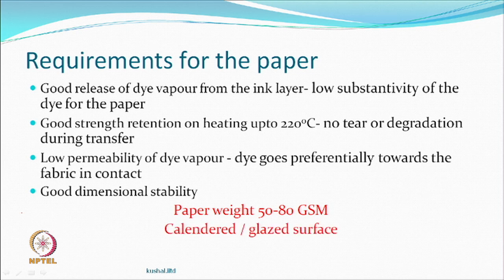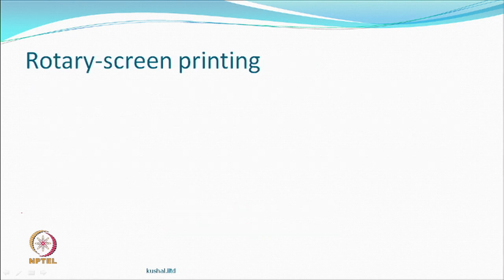So, it is calendered. Calendering we understand. Calendering means at least one roller is a very smooth roller. That becomes the face of the paper which is finally going to be printed and will give you a glazed surface. So, how can we print? I have written rotary because this could be a commercial kind of process, but any screen printing which you have used for textile can also be used for paper printing.